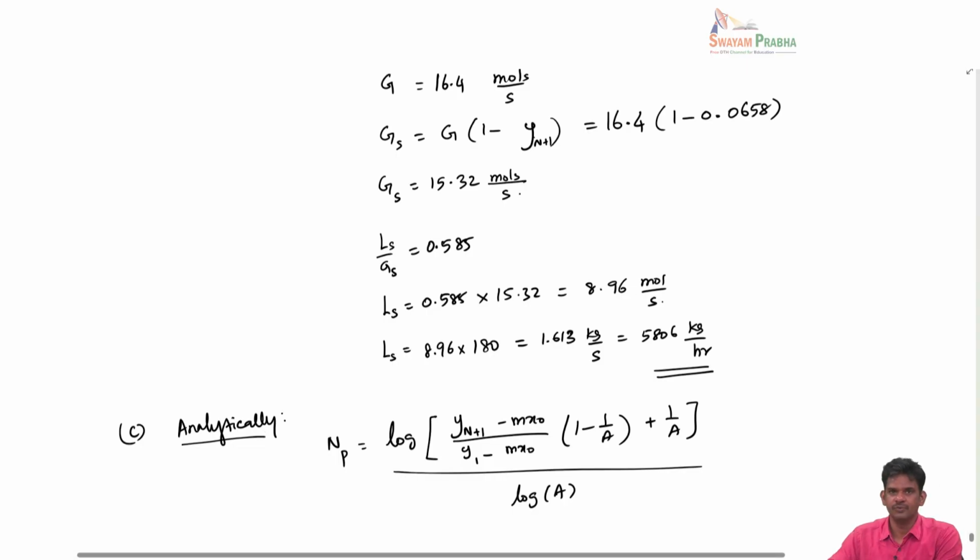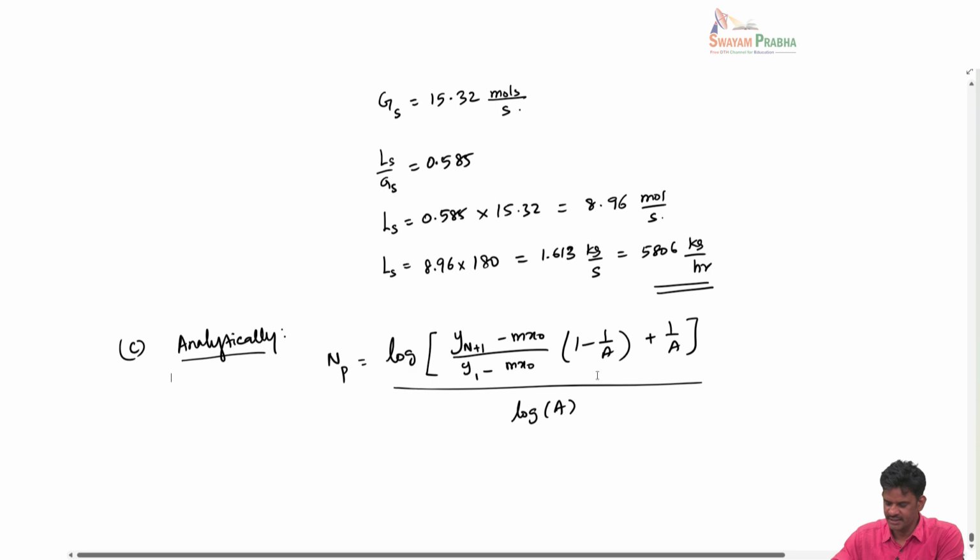So dilute mixtures, equilibrium line is straight line, and the operating line is also straight line, and then the stages are ideal. So if you look at this equation, the only thing we don't know yet is absorption factor A, but that we can find out because we know the equilibrium line slope as well as the L by G ratio. Okay, so this absorption factor A is given by L by mG,